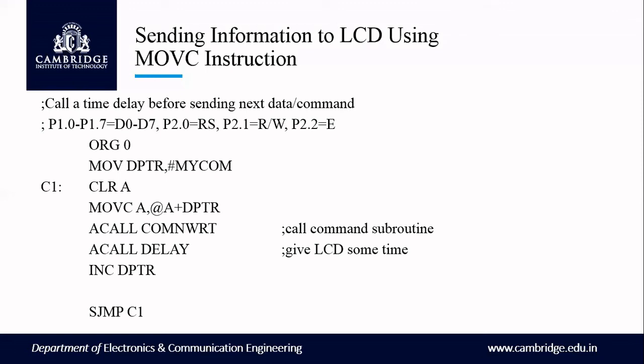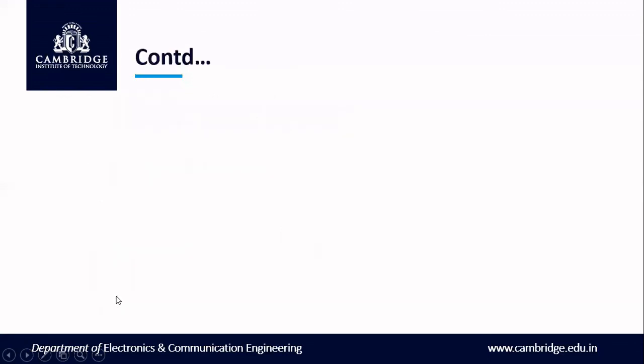So for the next byte, if you want to access the next command code, increment it and check whether it has reached the end of the lookup table. So jump JZ, send data. After sending the code, you can go for the send data if it is 0. If it is not, let's jump to C1. So C1 is going back again, you increment DPTR, so you'll get the next byte, then you'll write onto the LCD as a command code. Again wait, then again increment the DPTR. So all command codes you can access in a sequence, then you can write them. Once it is finished, it will become 0, then send data. So you are going for sending the data.